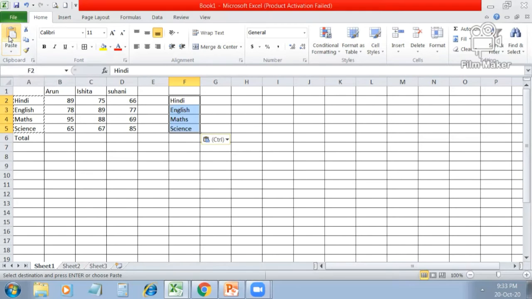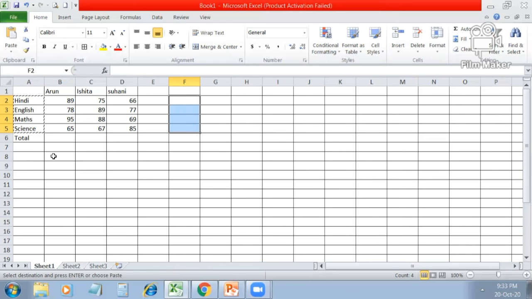Click on it. You can see that the copied data is here along with the previous location. It means the copy option provides us the data on the new location along with the previous location. This is the copy of data.